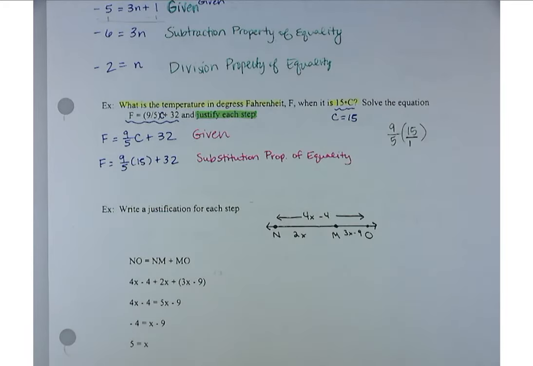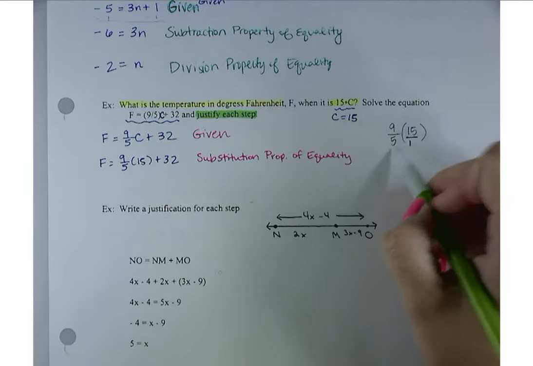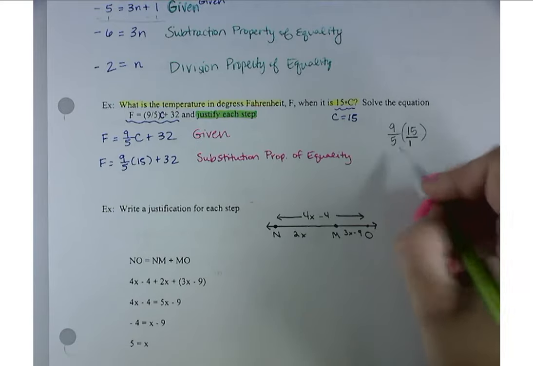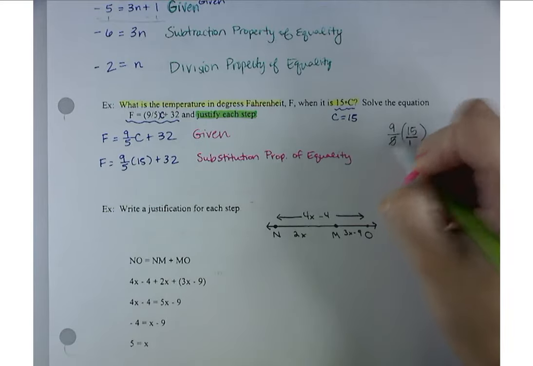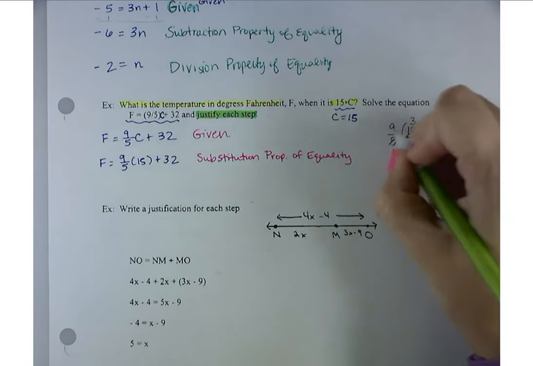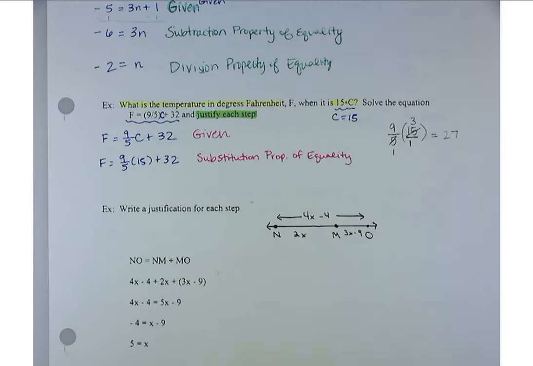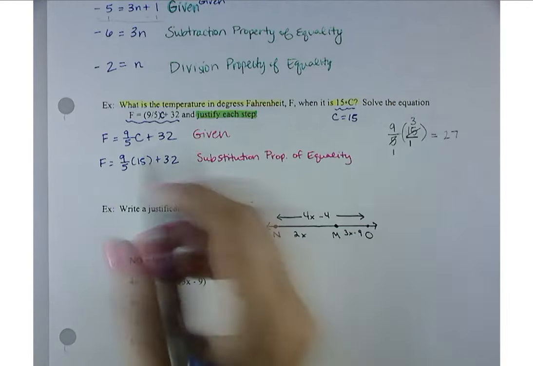Okay, so you can actually find common factors that go into both. So see how 15's on the top, 5's on the bottom? It's like you're dividing them. How many times does 5 go into 5? Once. How many times does 5 go into 15? 3 times. So then we can just multiply straight across. It would be 27 over 1, which is just 27. Okay, so then I would get